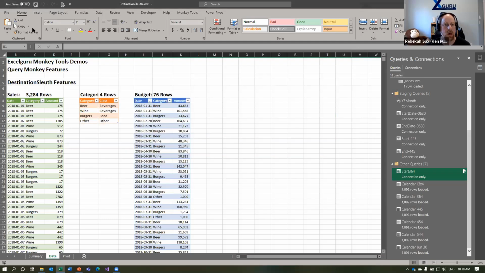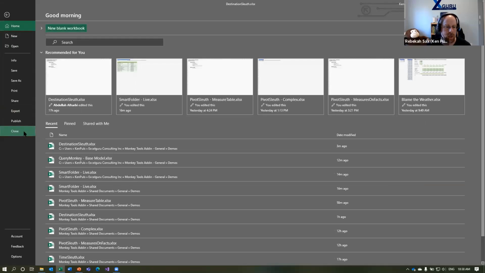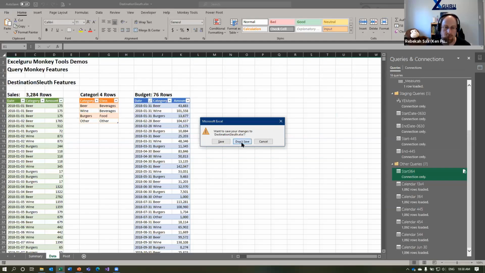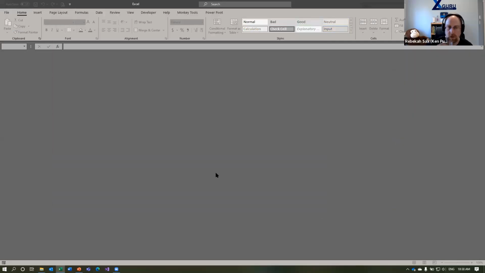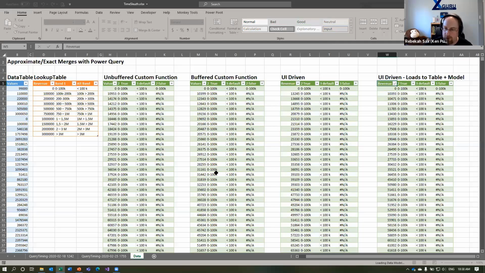So I'm going to close this one down. I'll show you another cool little feature here. This one here is the time sleuth. Now,